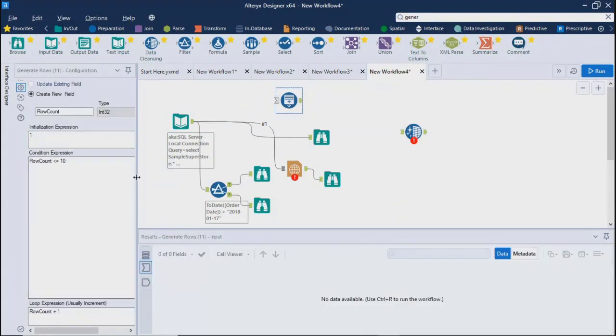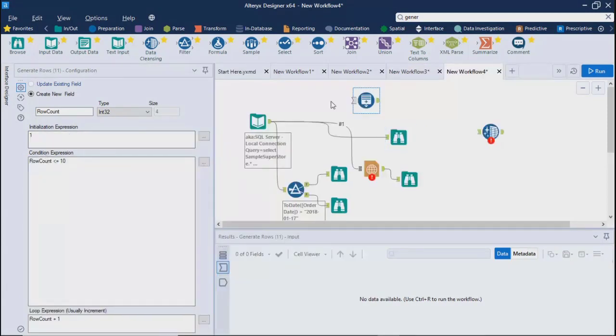So over here, let's say it has a kind of equation or loop for which it will run. It says row count. Let's say there is a field which I want to create. It's a row count field which I want to create as an integer type. And the initialization expression is 1. Row count, I want to run it for less than or equal to 10. Let's see if you change any number over here. This is the looping function, what it is going to execute.